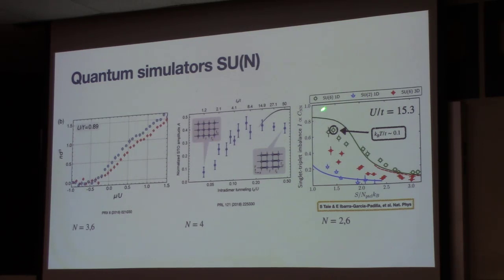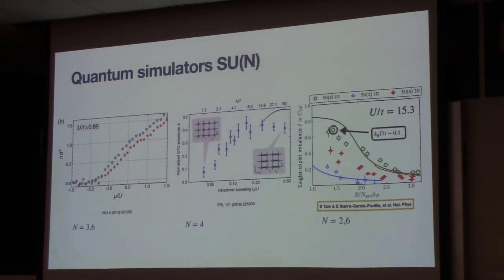But essentially, here they measure nearest neighbor correlation functions for a system in 1D, either in green or blue. The green corresponds to the SU(6) symmetric case, so we have 6 different colors in the lattice, and the blue to SU(2), just 2 colors. And then they also measured how these correlations behave for a given N, like SU(6), but now in 3D. We'll discuss this plot in the future.